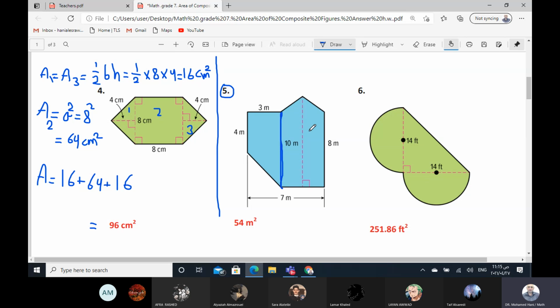So here we have trapezoid, and here we have trapezoid, and here we have trapezoid. So here 8 meter and the height 10 meter, and here the same, this side also 8 meter. So A1